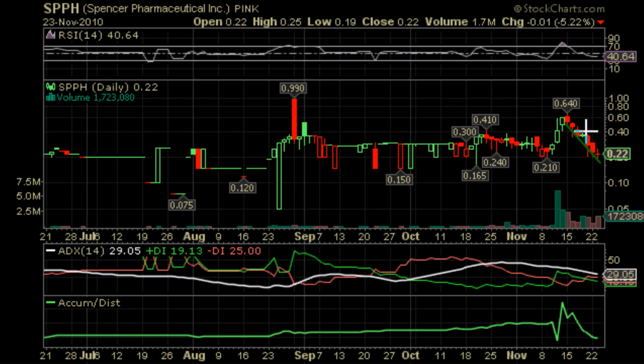Good thing about this retrace is while we did lose a lot of points during the retrace, it wasn't drastic all at once, so there were no huge red candlesticks, as we can see here. That was a drop from, what, 9.99 cents to a little bit over about 0.30. That's the kind of drop that really hurts in one day. As we can see here,